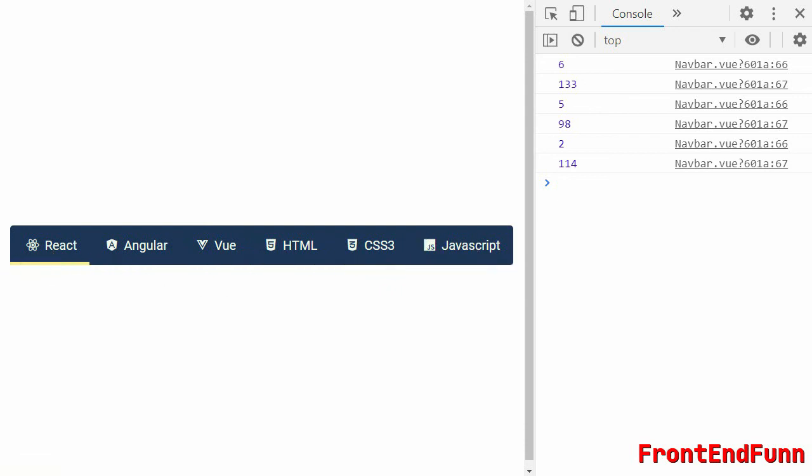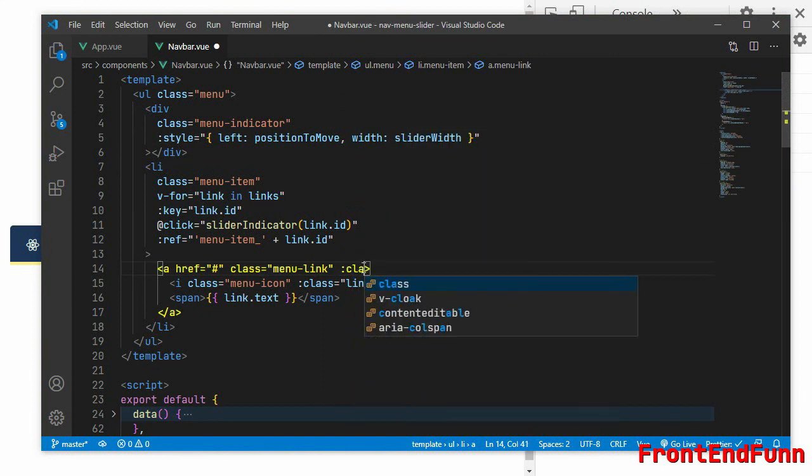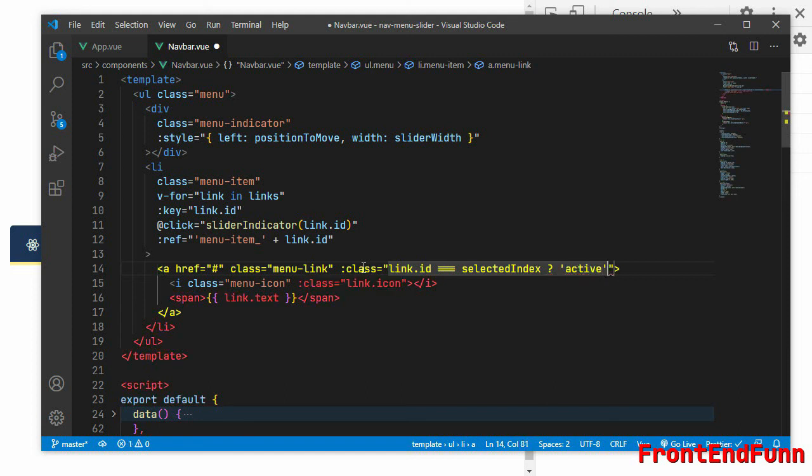And the final thing is we need to add the active class for the anchor. To add the active class, we'll make use of the class binding here on the anchor element. If link.id is equal to the selected index, then we'll add the active class, if not, null.